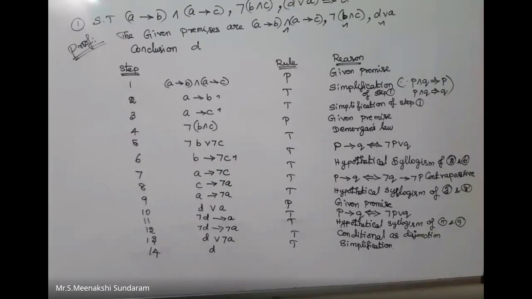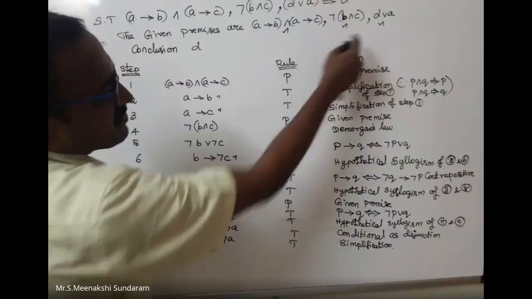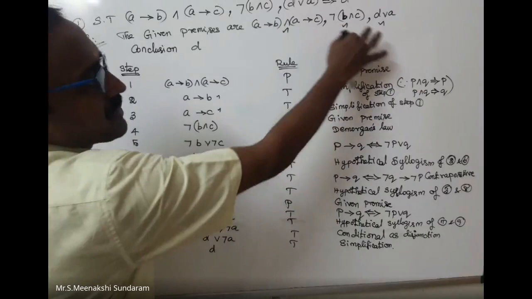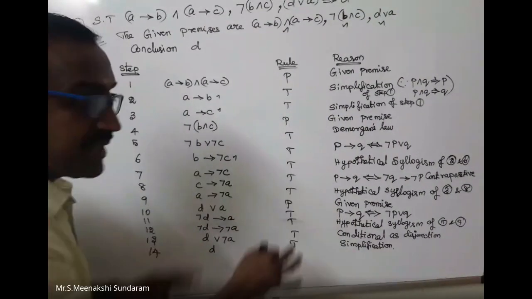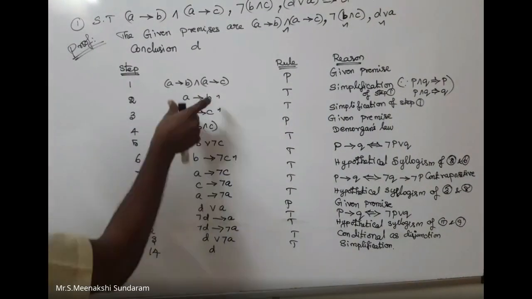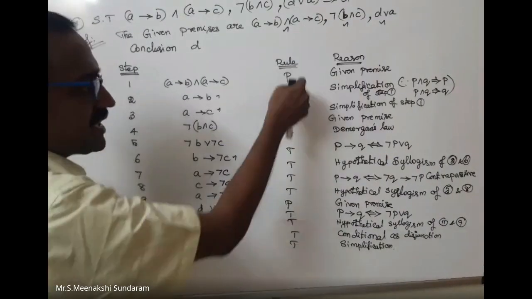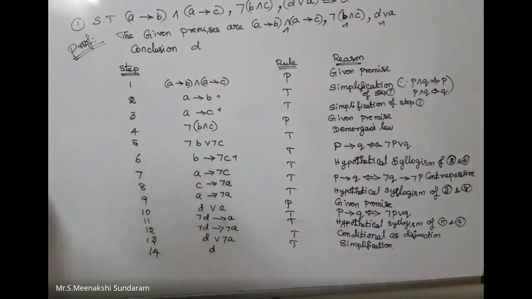This is not a unique way. We can write it a different way also. Any method, we can change it also, no problem. It is not a unique way. Final answer I need D. So minimum 3 times we can use P, compulsorily. There are 3 premises, so minimum 3 times P. Sometimes 4 times also, the same things I can repeat. But minimum 3 times P will come.